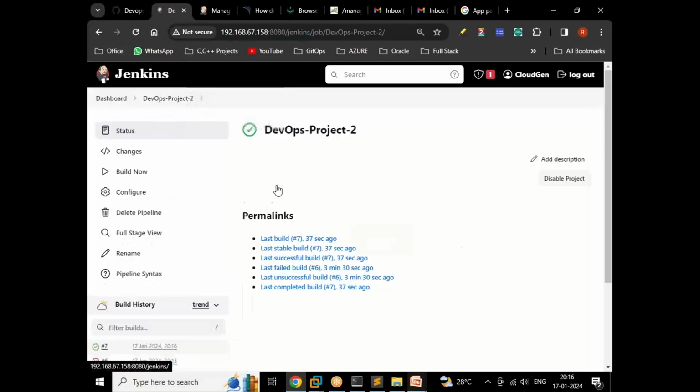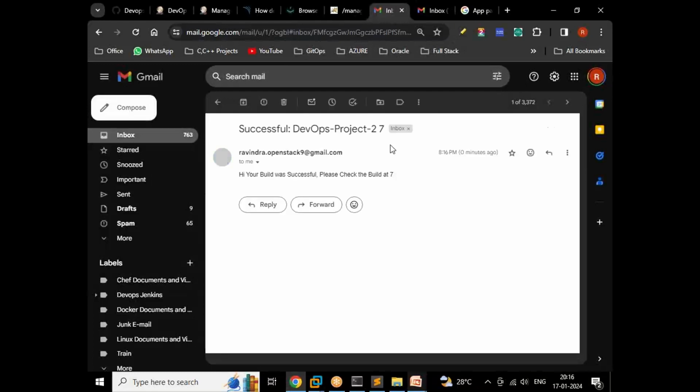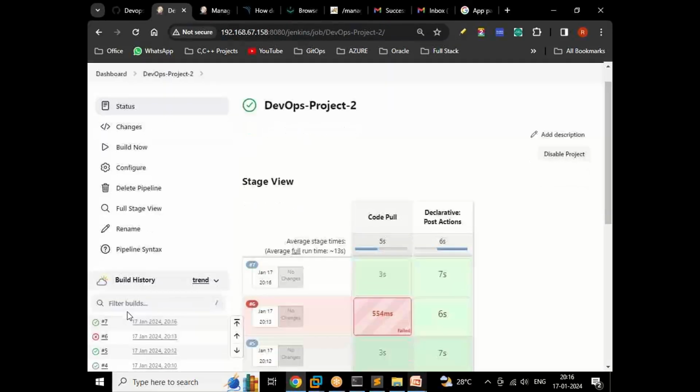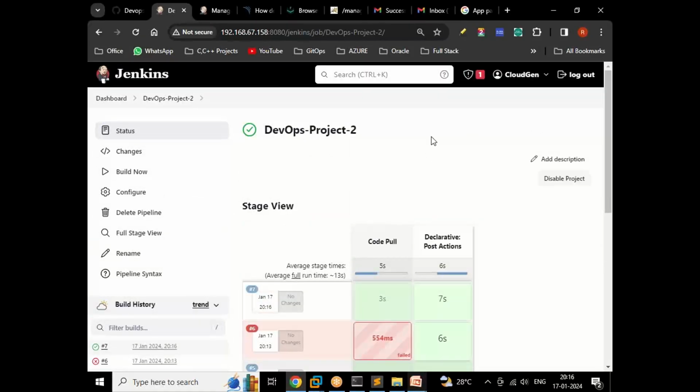Now we got that success. Now you can check here. Successfully we got that. Once again you can check that mail. See guys, okay, build number 7. See here also build number 7. Okay. Now what we are doing that? Now we are going to